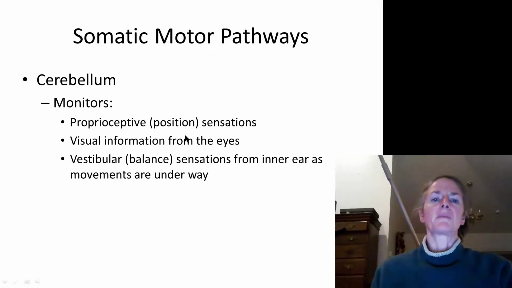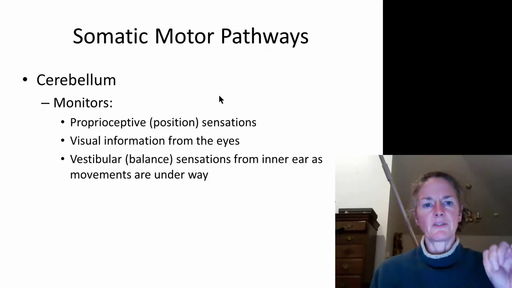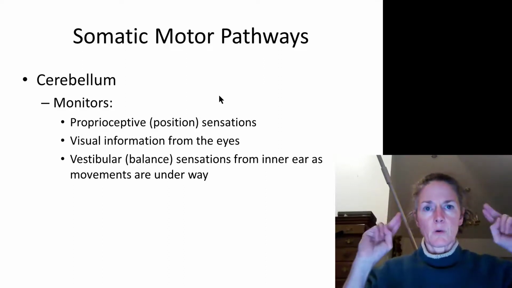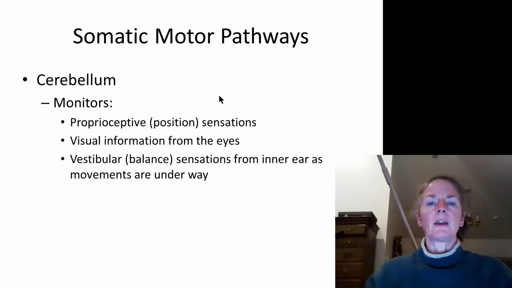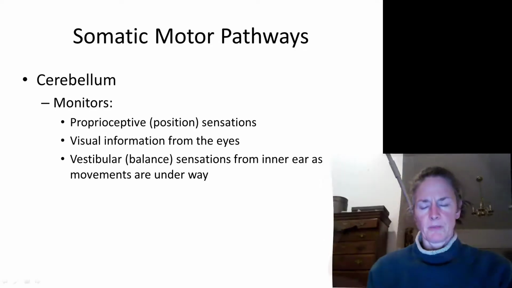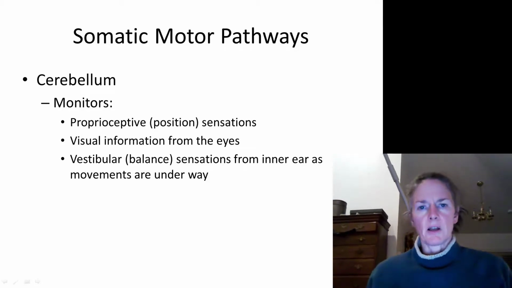So now let's look at the cerebellum. The cerebellum is going to receive input from three different pathways. So it's going to receive sensory input from vision, from equilibrium, that is balance, and also from proprioception. And this is going to be extremely important for being able to maintain balance and postural control and make movements smooth and meaningful. The cerebellum will also be receiving input from all the motor pathways, and its job is to